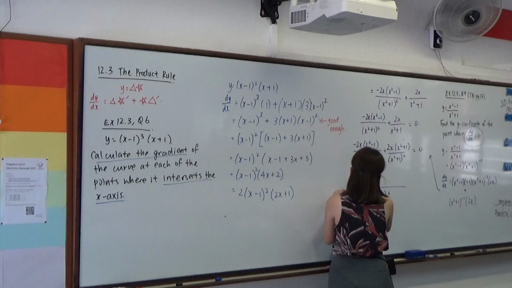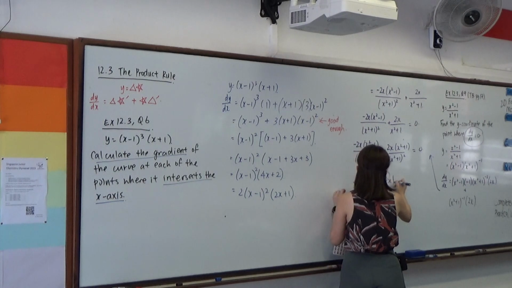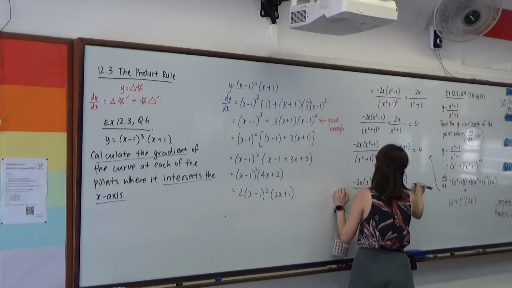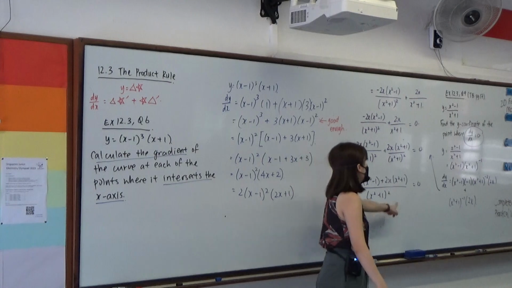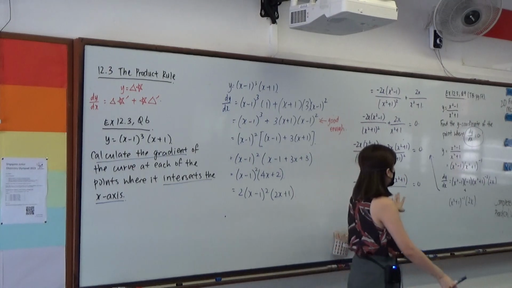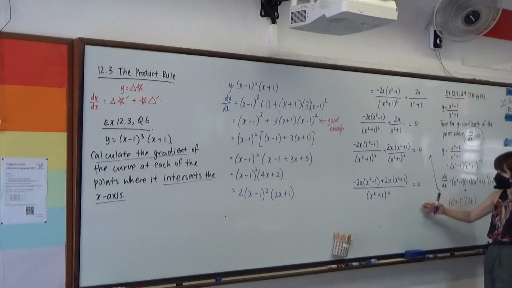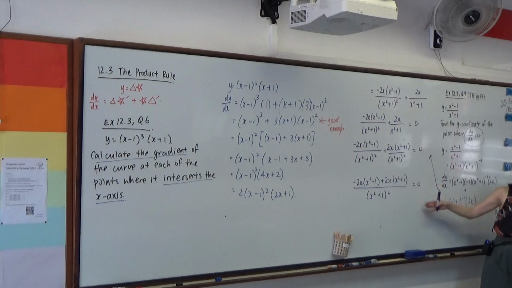So whenever we have a single fraction equals to another number or fraction or whatever, so long as it's a single fraction, we can cross multiply. So we take this cross multiply over,